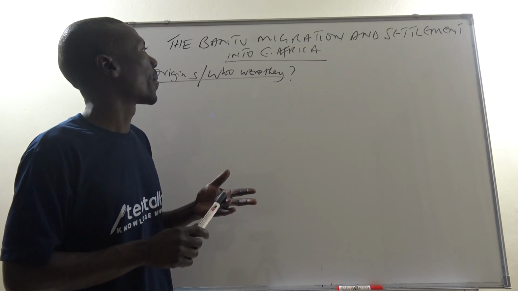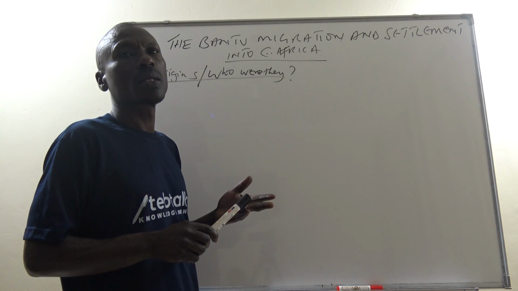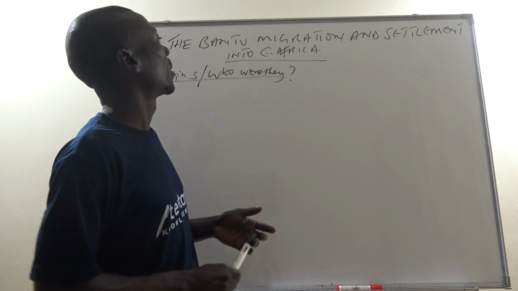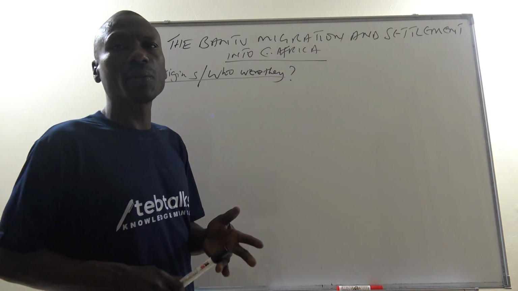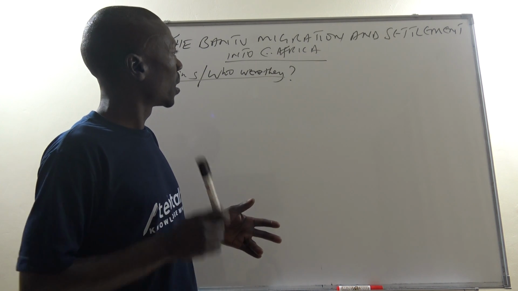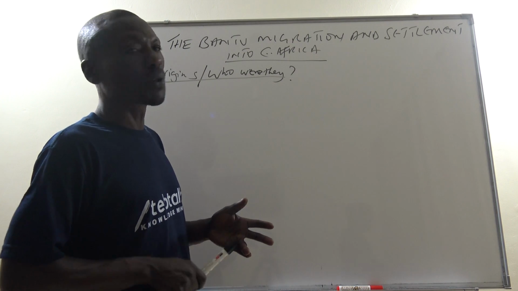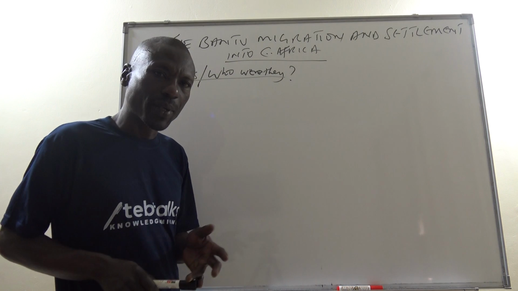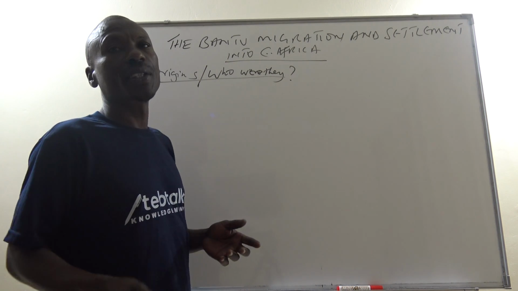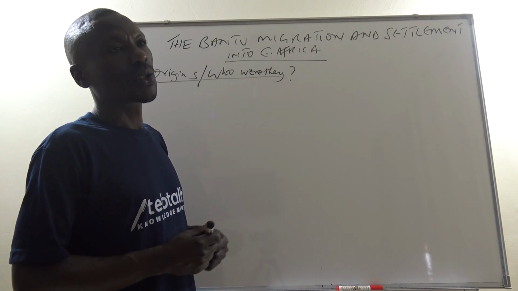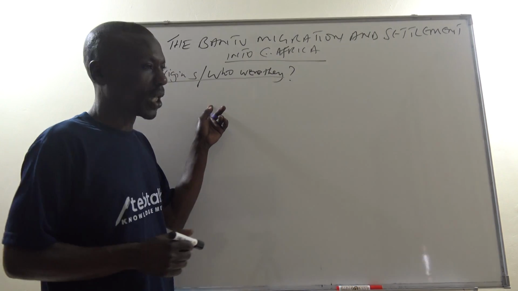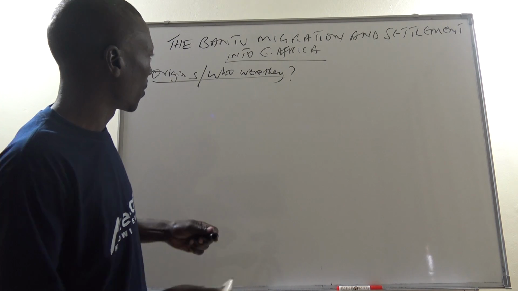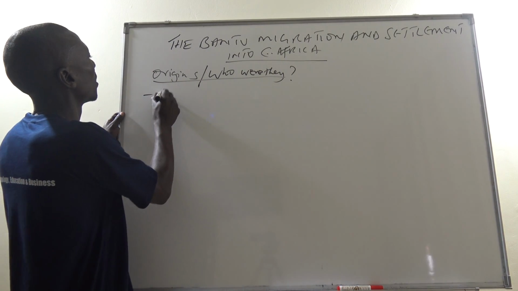Then after that, we look at the migration and settlement, the cause, specifically the Eastern Bantu, the Western Bantu, and the Southern Tanzanian Bantu, and the coastal highland. From there, we shall look at the effects of the Bantu migration. So without wasting time, we are going to look at the origins. Somebody asked who were they? We are going to define them as a group